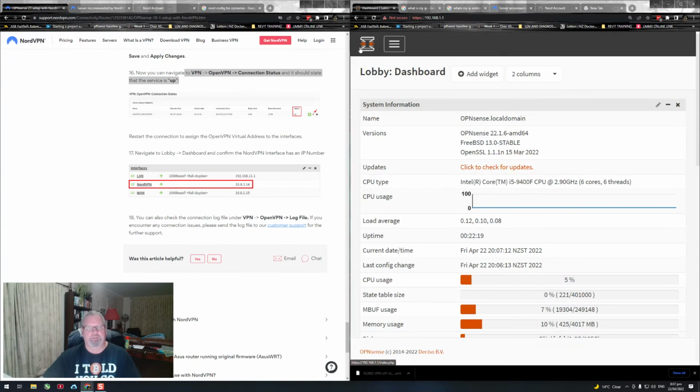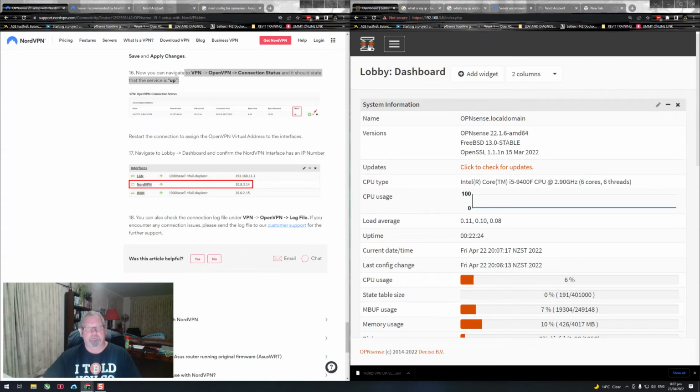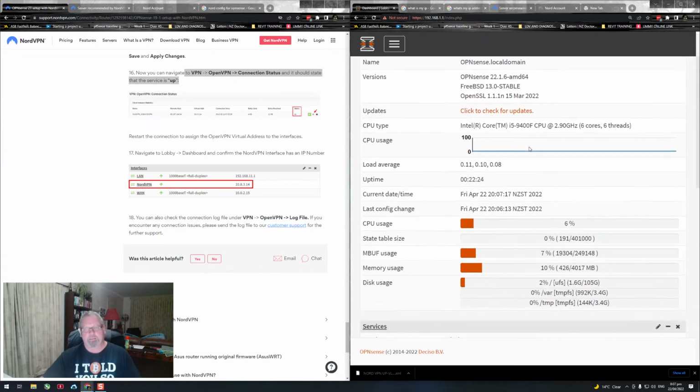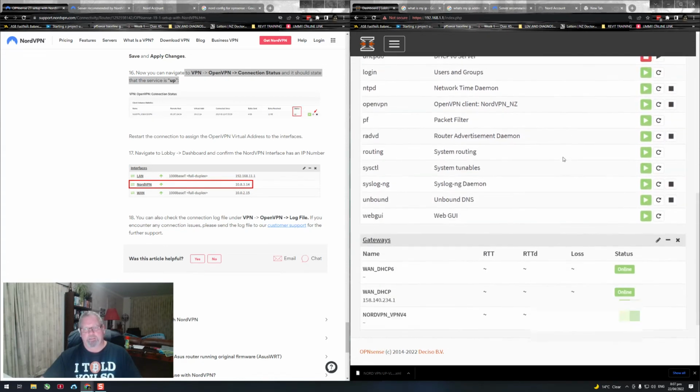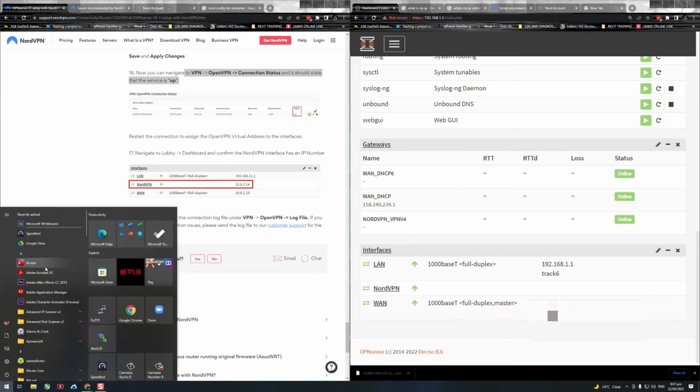So if you click on this here, rather than actually navigating to dashboard, you can just click on this hourglass and it comes straight into the lobby. So we want to scroll down here, and the important thing to see here, here's the problem. This Nord VPN is not up and running. I've found this is a bit of a quirky problem with OPNsense. I don't know why, but if I try to do a speed test,